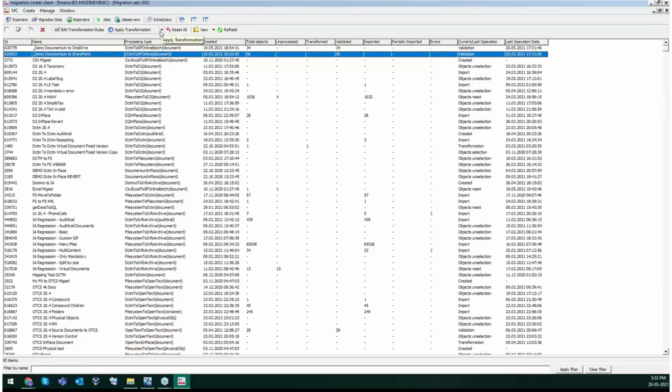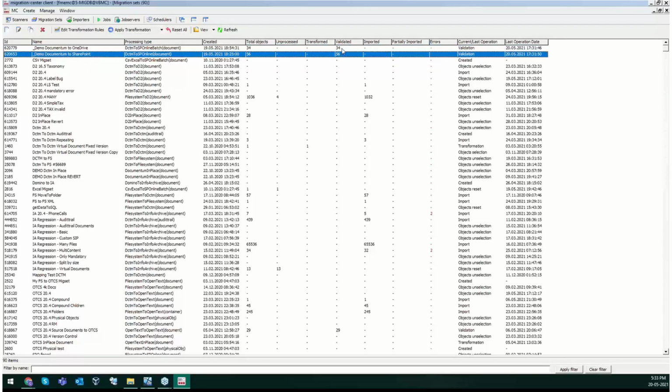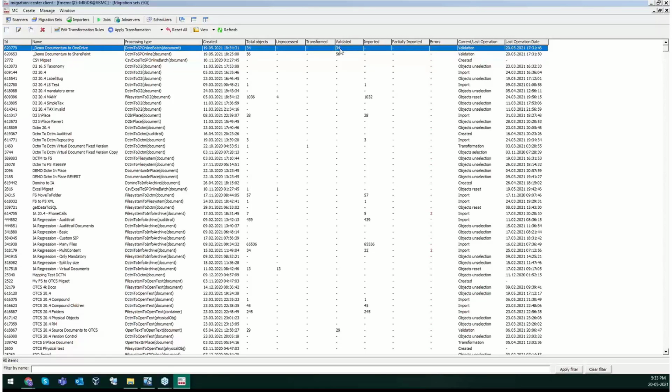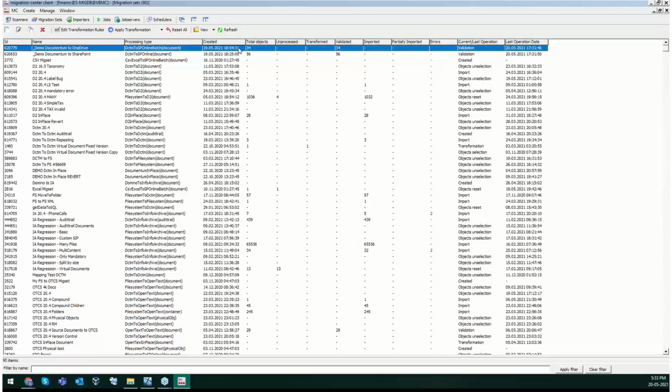I have also applied transformation and validation in the same step. And what validation does is it compares the generated values for each object against the object model. So if you have, for example, date attributes that of course require a valid date format for a successful import,